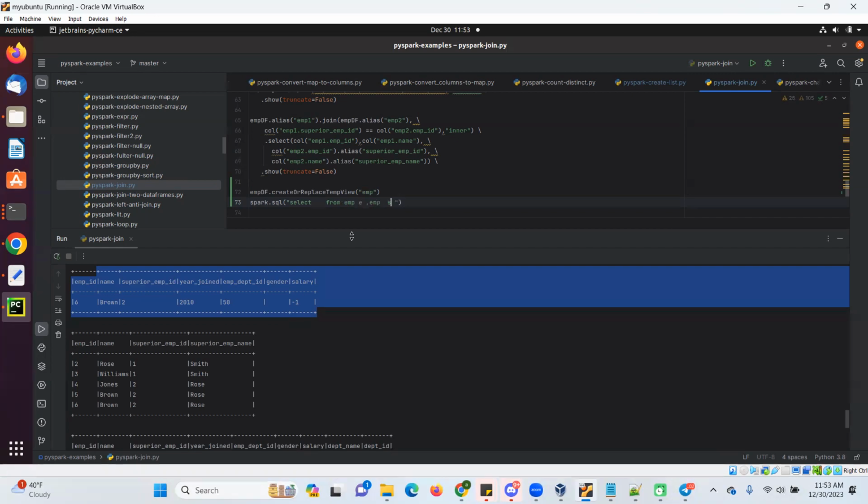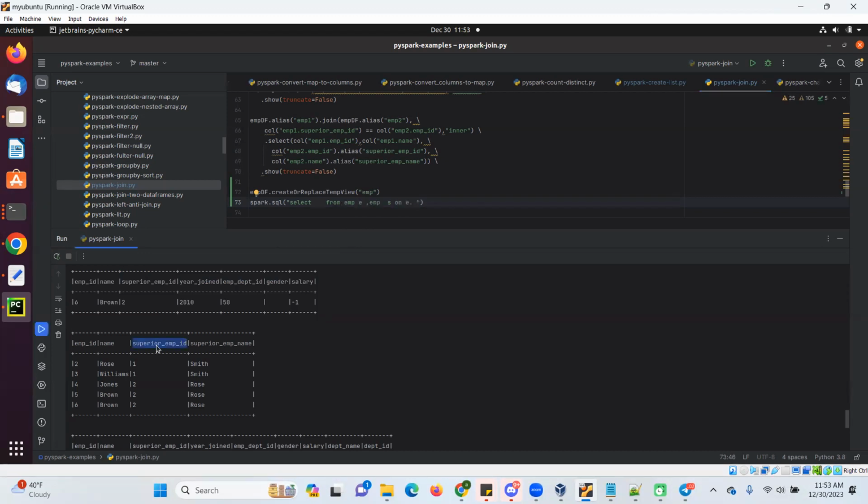So employee on, I say E dot employee ID, like I am doing the employee supervisor ID. So employee, what is the column name? Supervisor employee ID. E dot employee supervisor ID,